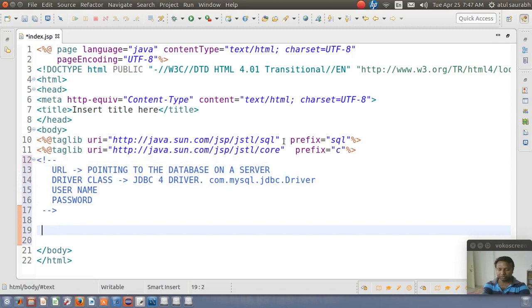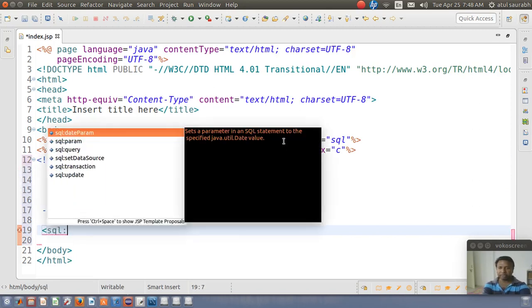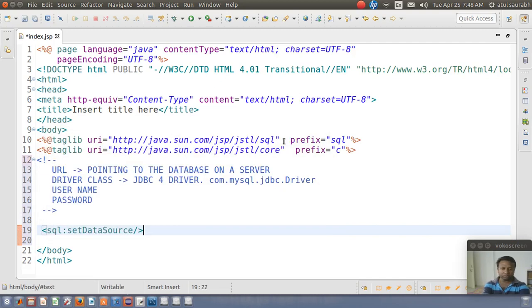So let's just start connecting. We are going to use the sql:setDataSource tag, and what this setDataSource tag does is it tries to establish the connection with the underlying database, right?